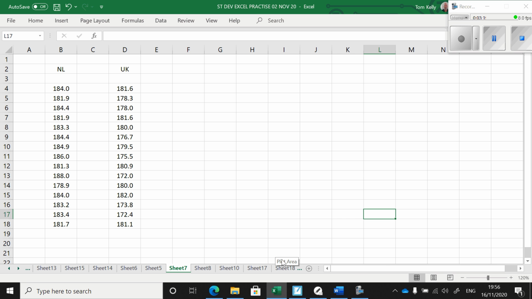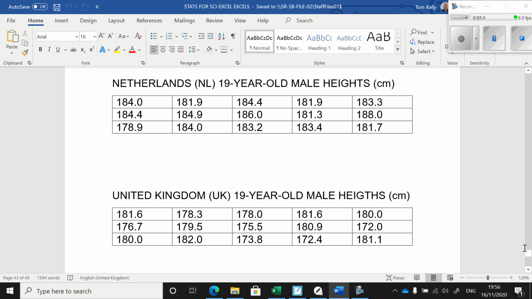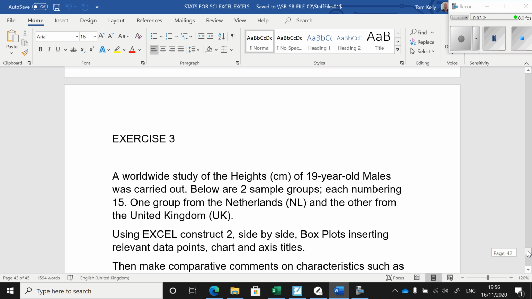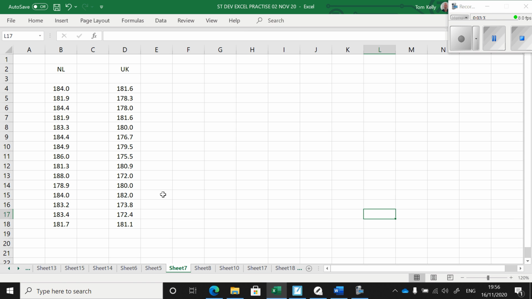So here, let me just come back to the question. Construct the box plots, then make comparative values. That's fine. So that looks okay. So construct the box plots. Right. There's several ways we can construct the box plots. I could hit insert and go for a graph. I could do that, or I could